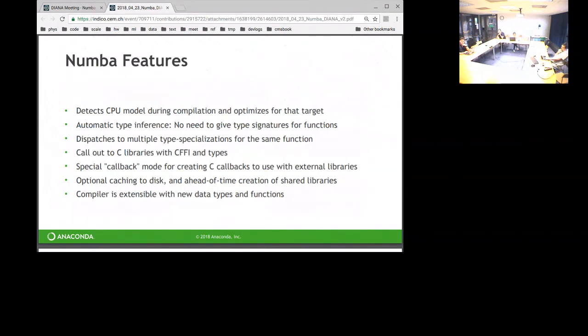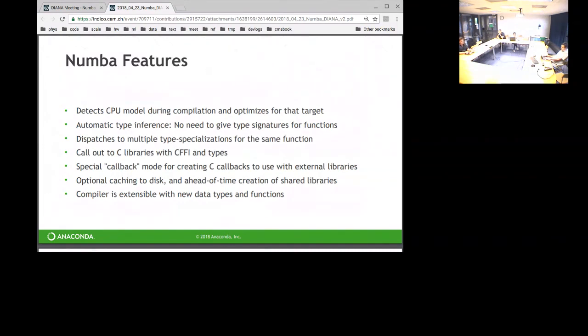You can call C libraries using CFFI, which we've had people use to interoperate with external libraries. There's also a special callback decorator, where people will JIT an inner function that you might pass to an optimizer, like your objective function, so you create a function with a known C signature and can call out to it from some external optimization routine.